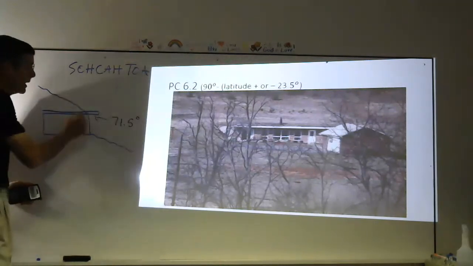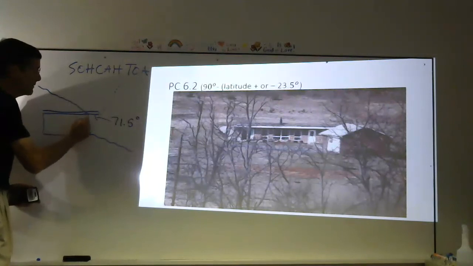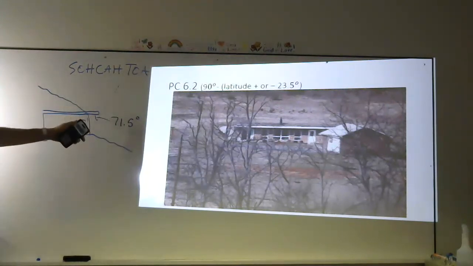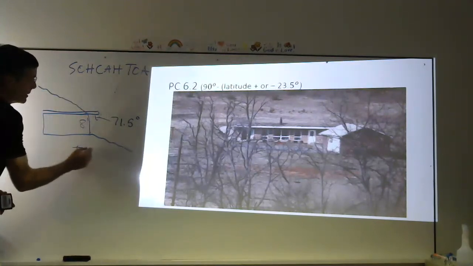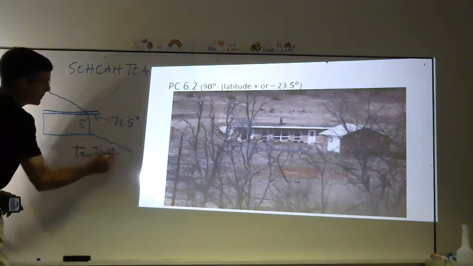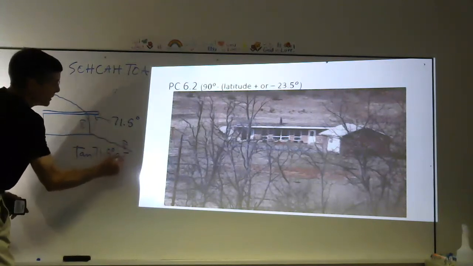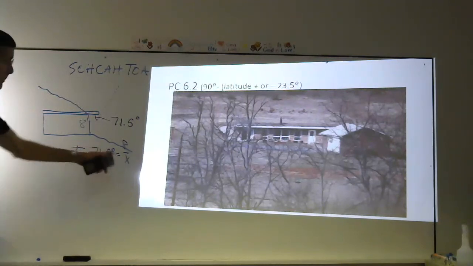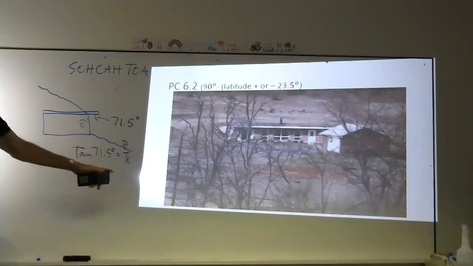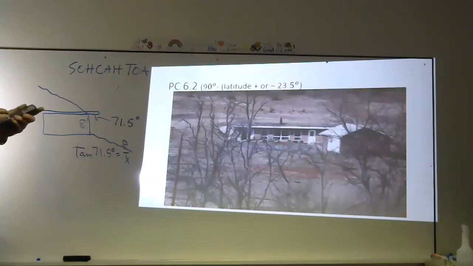And I knew the height of our house here was going to be 8 feet. So what trig function uses opposite and adjacent? It's tangent. So I have tangent of 71.5 degrees is 8 over x, okay? When you multiply, do you get the answer? No, you don't. You have to divide. So I'm going to take 8 divided by the tangent of 71.5, and I get about